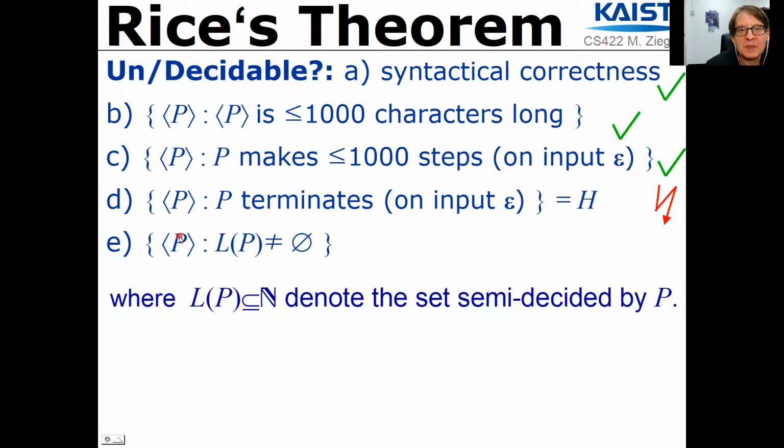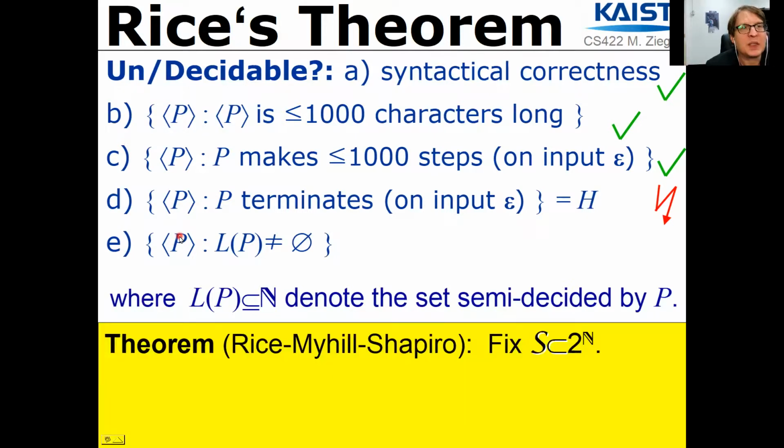And as I said, the answer to this question is given by the famous Rice theorem, which actually was developed and gradually generalized by several people: Rice, Myhill, Shapiro. So let's first have a look at the formal statement of this famous theorem. One of the highlights, did I mention this is one of the highlights of advanced computability theory? So in order to make this extremely general statement,